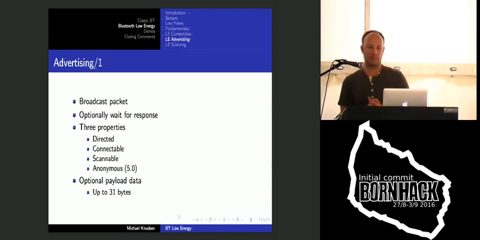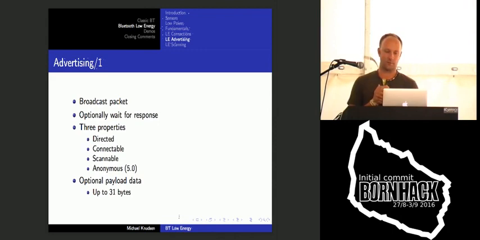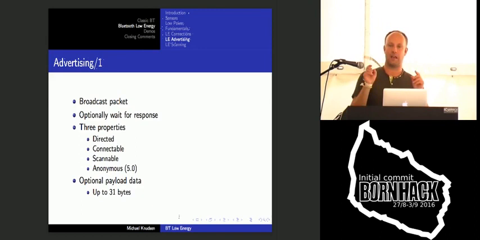Okay, so advertising. Advertising is where you configure your device to broadcast a packet and then optionally wait for a response. These advertisement packets have 3 properties, and I know there's 4 items on the list, but I'll get to that. They can be directed, which means they can have the address of the recipient on them. For instance, I'm transmitting this packet and it's supposed to be picked up by my sports watch. It can also be connectable, which means someone can respond and say, I would like to connect to you. And then finally it can be scannable,